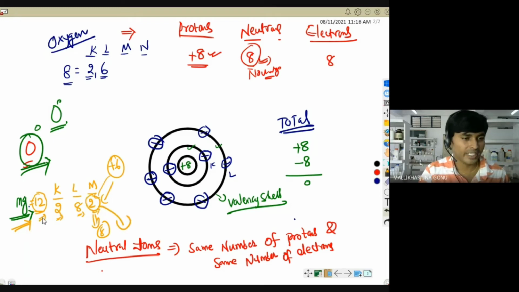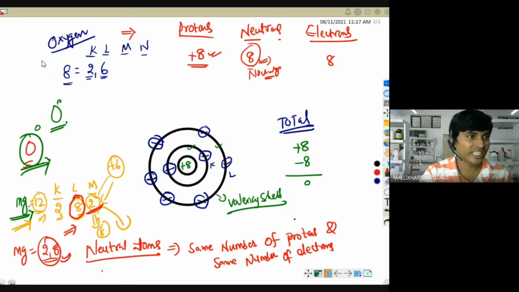What will magnesium do? Magnesium will lose the 2 electrons here. Then this 8 will become the octet. This will become the outermost shell for magnesium. Then that will complete the octet. Okay, so now what will it do? It can lose these 2 electrons to complete. So if magnesium is losing, just imagine it is giving 2 electrons to somebody who requires them. Magnesium will now become 2, 8. Okay, 2, 8. The last 2 go to whoever requires them.